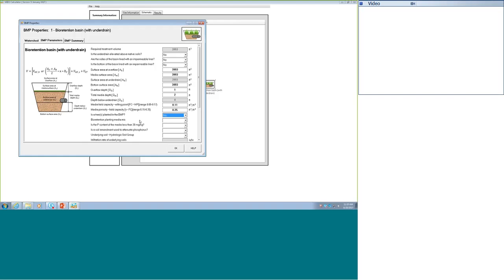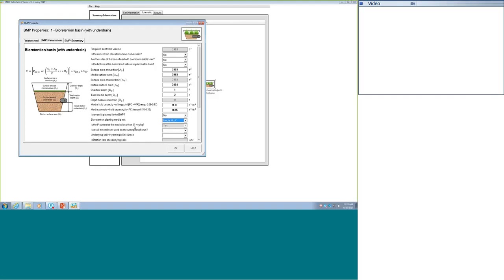It asks me the bioretention planting mix. And I have some options here. In the manual, it talks about each of these mixes. The reason it's asking you this is because it's related to a phosphorus credit. If I took mix A, for now we'll take mix A, it's asking me, is the P content of the media less than 30 milligrams per kilogram? And I'll have to answer yes or no. If I pick mix C, this screen grays out because we are assuming that with this particular mix we have a low phosphorus concentration, so it would answer